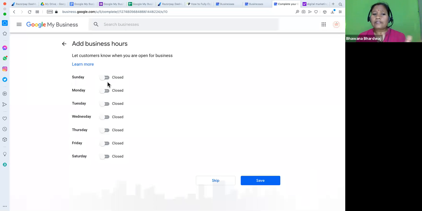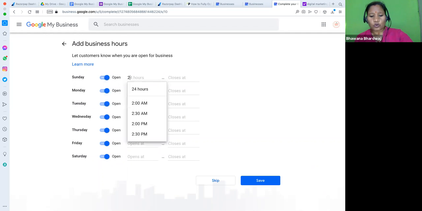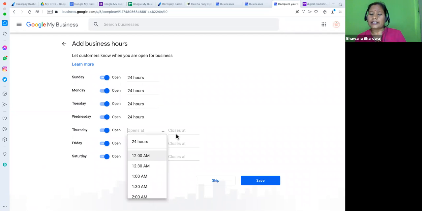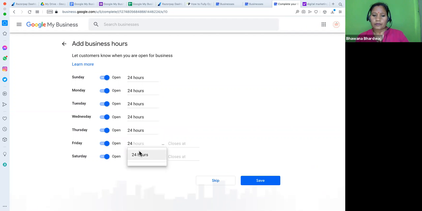Now you have to give your business hours, what the opening hours and closing hours are. If you are providing 24/7 customer care, I would suggest going for 24/7, if you are okay to handle your queries 24/7. If you are specific with opening hours, give the start time and end time. So many people come to me saying my business is showing closed, because you have given opening hours 9 a.m. to 6 p.m. Between 9 a.m. and 6 p.m. it will appear as open. After 6 p.m. it will appear as business closed.